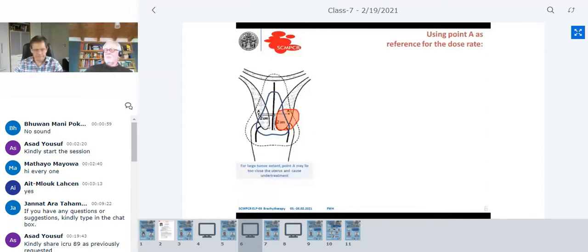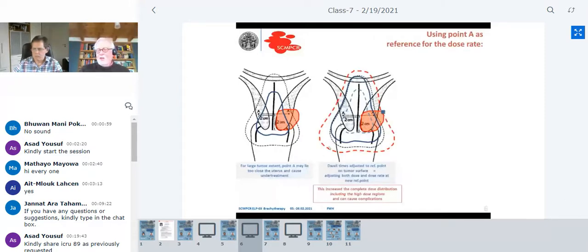Okay, the problem with point A now is that if you would use point A as the dose prescription point for a large tumor extent, point A may lie too close to the uterus, and you would not get a coverage of this part of the tumor out here with the prescription dose. So what you might want to do is say, okay, then we'll put our reference dose out here, and then the dose will